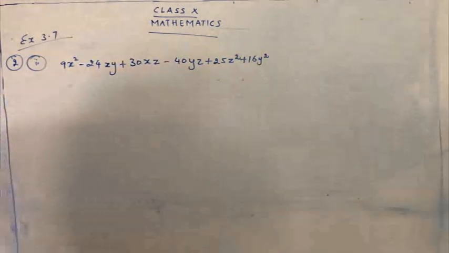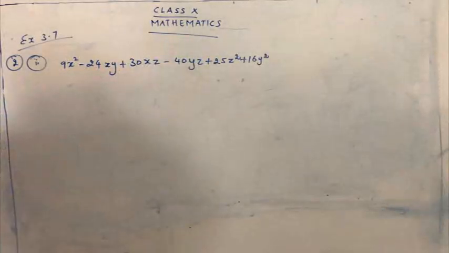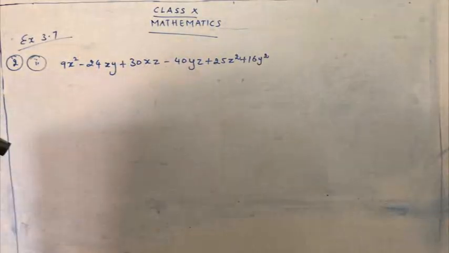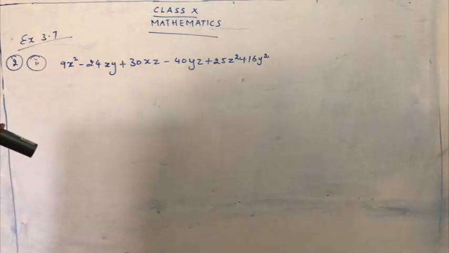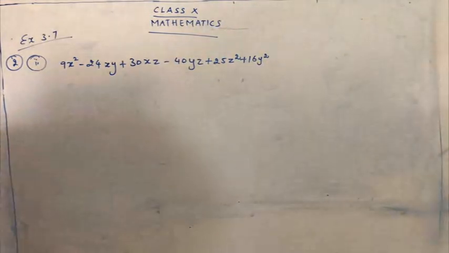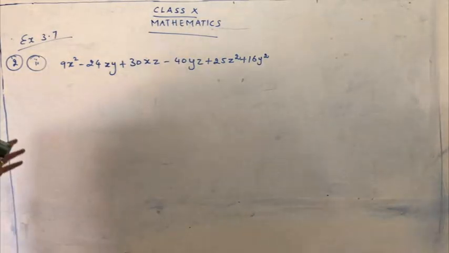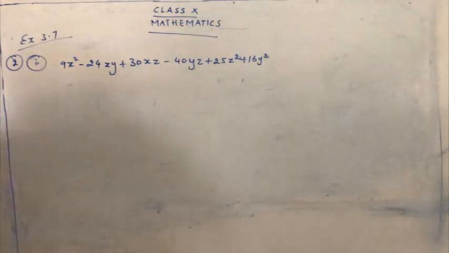So let's see, we have done some more identities. We have seen about 24 or 25 identities in our class 9. So you are just going to recall. I have already told you to write all the identities, so you have a list of all the identities with you. So we are going to recollect and find out what is the correct identity to be applied over here. But before we apply the identity, let's modify this expression.